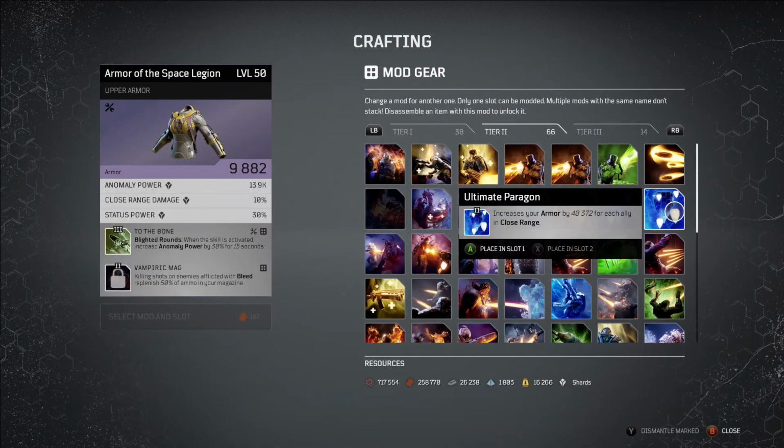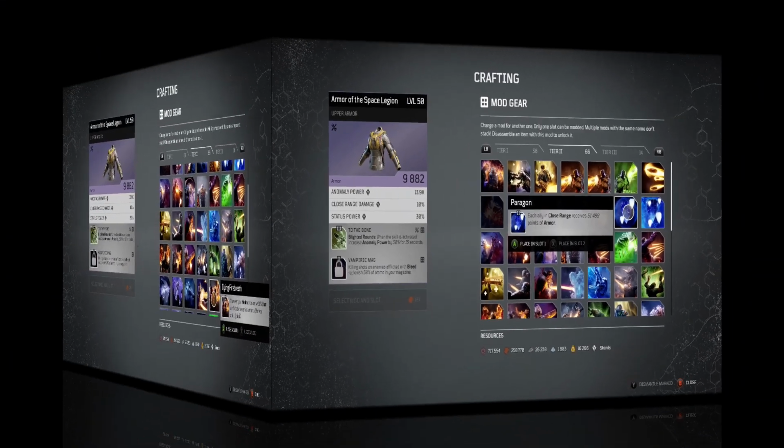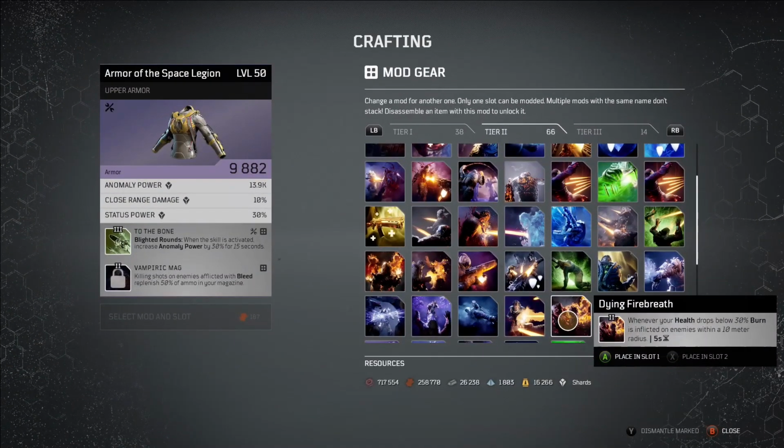Paragon and Ultimate Paragon provide very nice group and solo armor buffs, but I can only see these working if you're playing in a well organised group. There is always the risk that one or all of your team have to move out of close range and bang, you're dead. There are 7 mods that are triggered when your health drops below 30%, including some that pull